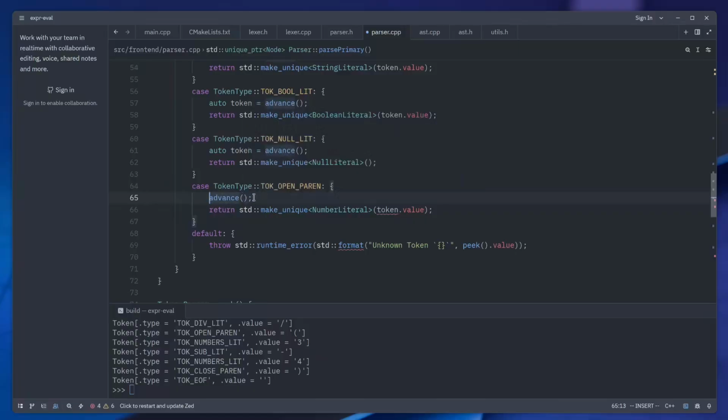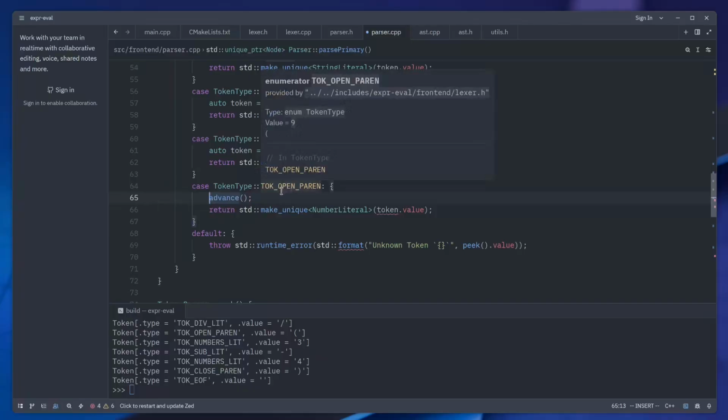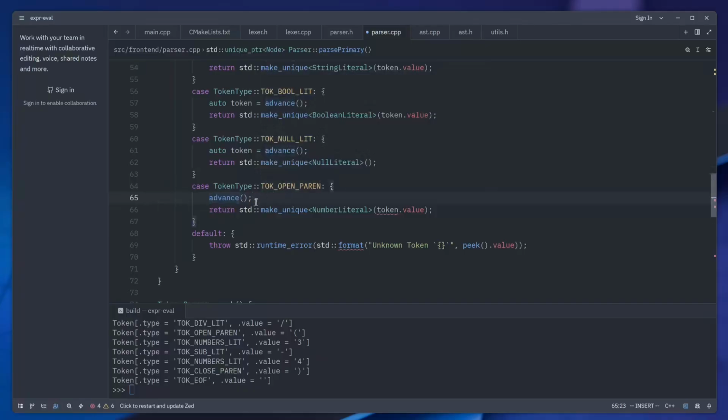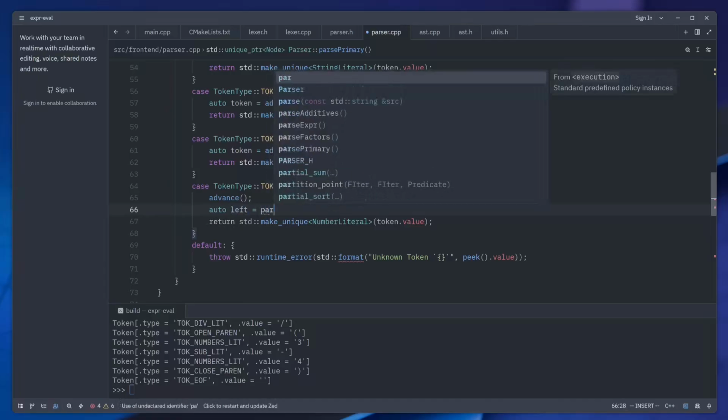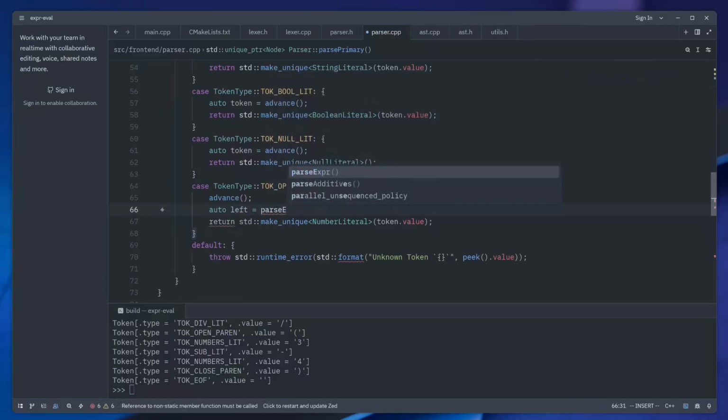We need to consume the opening parenthesis token, and then next we need to get the left, and we'll do here parse expression. So within the parentheses, it might have its own expression which is complete. So let's parse the expression,